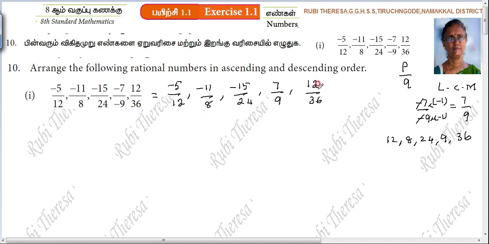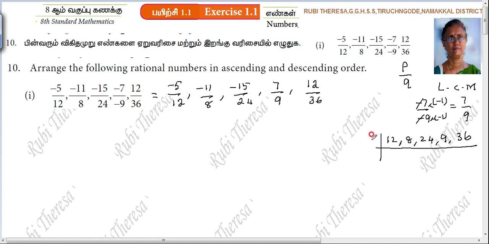Understand? I told you not to try to reduce this. Standard form means only this thing; otherwise you forget about the standard form. In the denominator you should not have a negative symbol while you are taking LCM. Understand? So we are taking the LCM. While taking the LCM, take the numbers in the denominator without the negative symbol. Is it okay? Right.